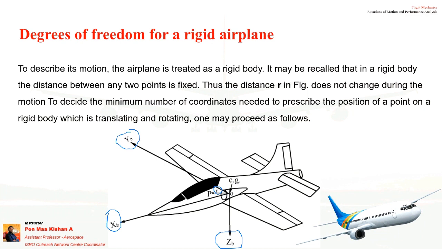There are various types of axis systems available. I hope you might have studied engineering mechanics. If not, just try to understand that this is one of the axis systems which moves along with the body. The body is moving, so the axis system will also move. There are some other axis systems where, from the initial axis system, when the pitch up happens, the axis system stays as it was, so the X will act from the origin in that position itself.